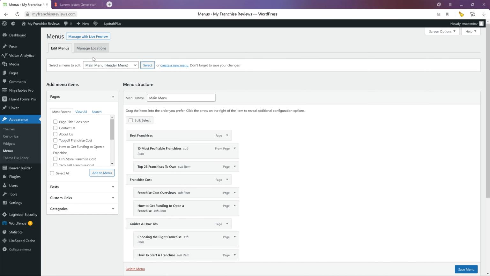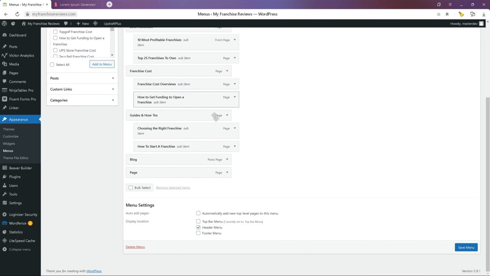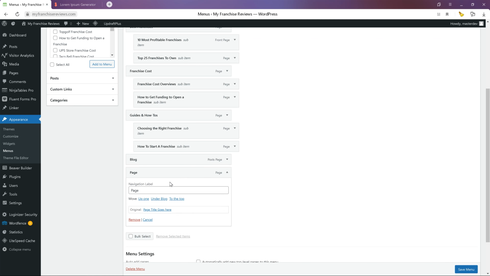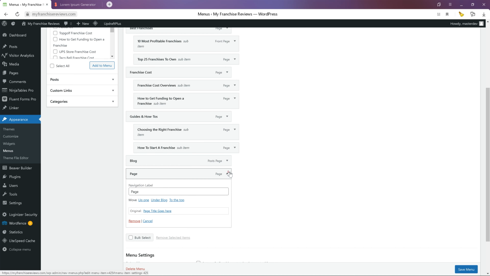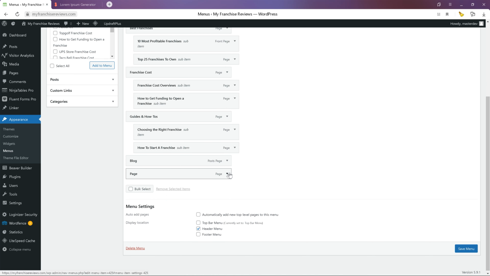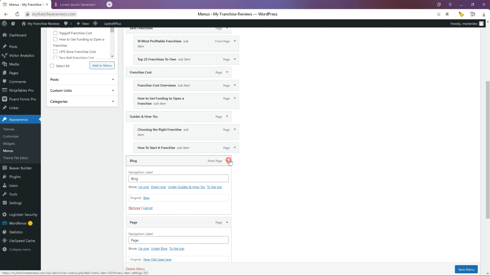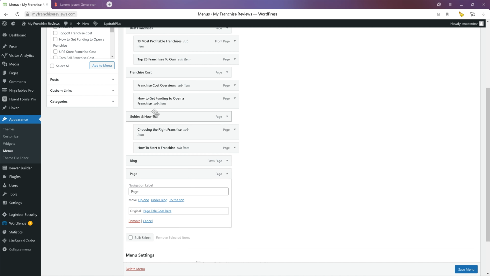On the menu editor, you select the menu that you want to edit, and then you click select. By default, it's showing this one, which is the one I want to edit. And as you can see, I have page, and it's showing me the navigation label. If you click on this expand thing, you can expand any of them, you can move them around, you can